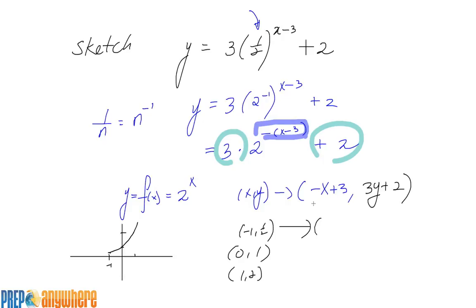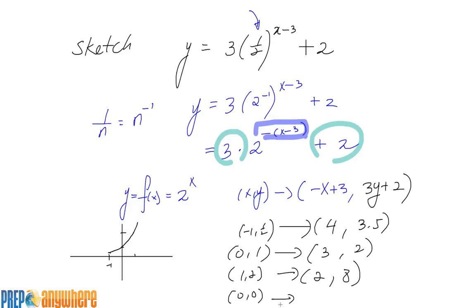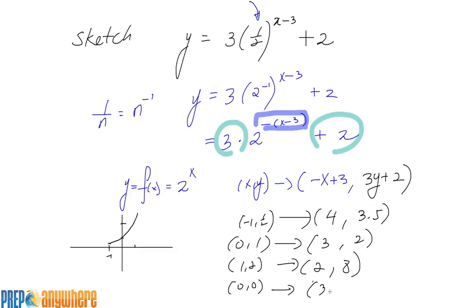Alright, so that's 1, 1 plus 3, that's 4. 3 over 2 plus 2 is 3.5. 0 becomes 3, 1 becomes 5, and 2 will become 8. Also, it's very useful to transform (0, 0), which will be located at (3, 2),